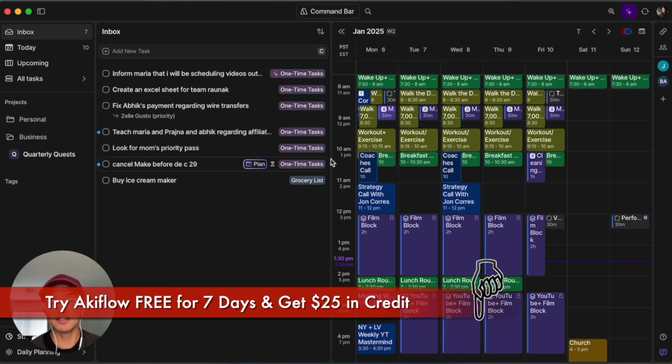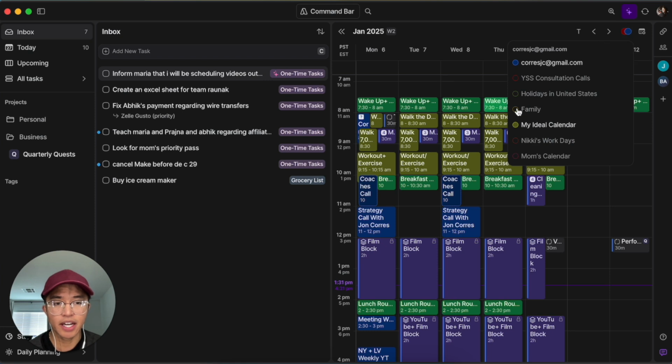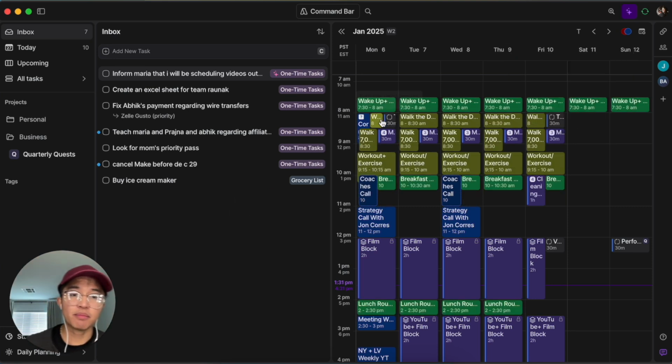But this is what Akiflow looks like. Now, the first thing you need to do as far as planning out your day effectively goes is that you need to set up something called an ideal calendar. What this looks like is that on Akiflow, I have this toggle for an ideal calendar, and this ideal calendar was created on Google Calendars, and then it was linked onto Akiflow. With this ideal calendar, it's a foundation of what you want your perfect week to look like. So my ideal calendar usually starts off by waking up between 7:30 to 8 a.m.,